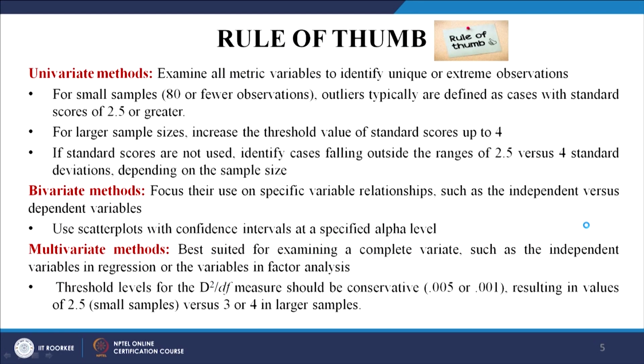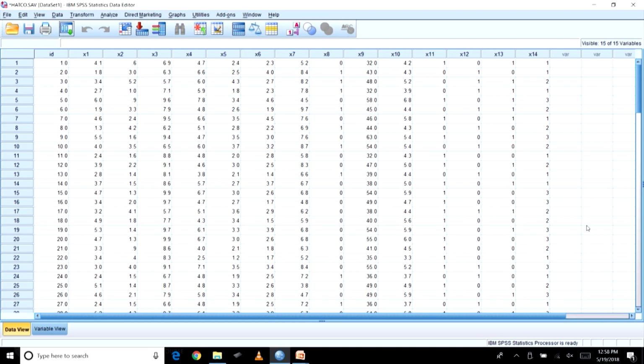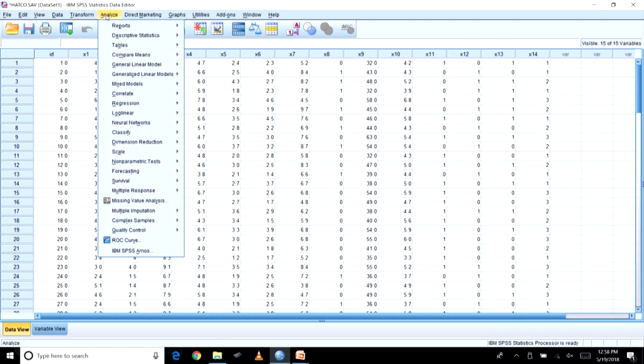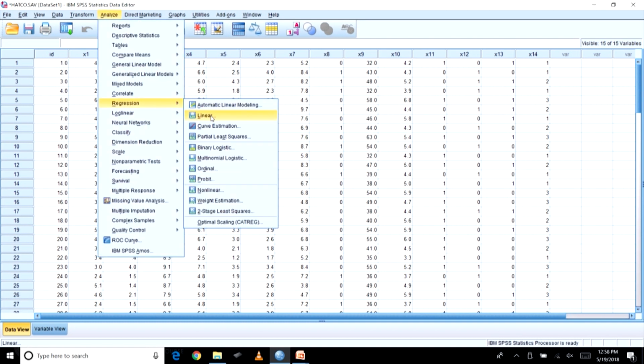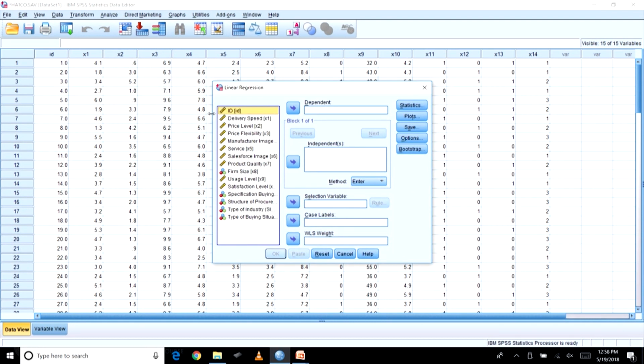Before going further, let me show you how to measure the Mahalanobis distance. It is measured through a simple regression method. Go to Regression, Linear. It is immaterial what you take as dependent and what you take as independent in this case. For example, let me take satisfaction as my dependent variable, because it looked more logical to me. Now, as independent variables I am taking all of these.